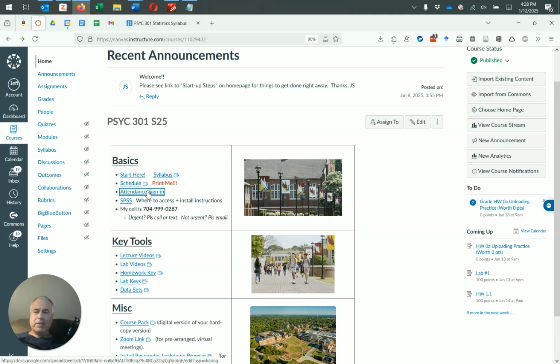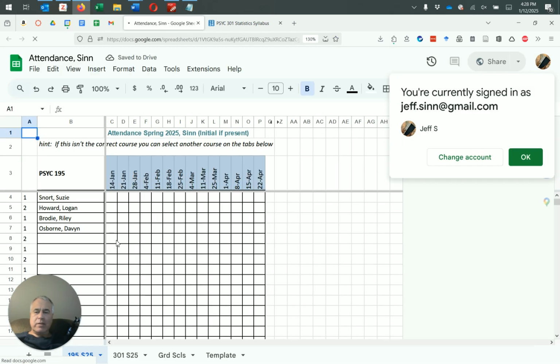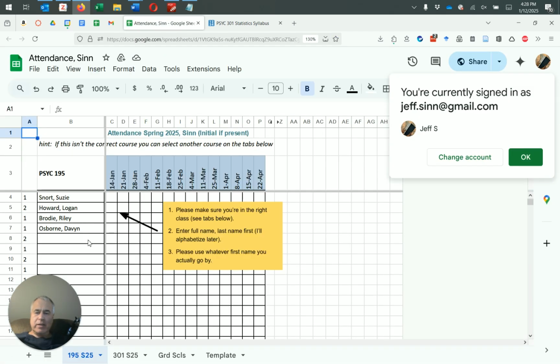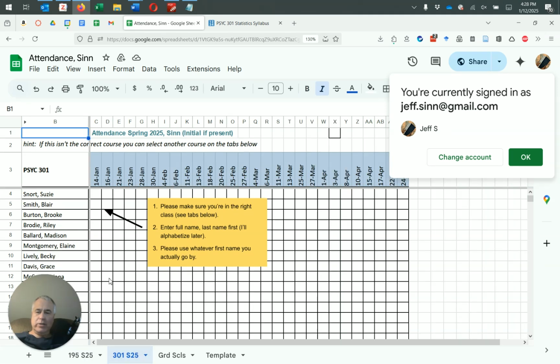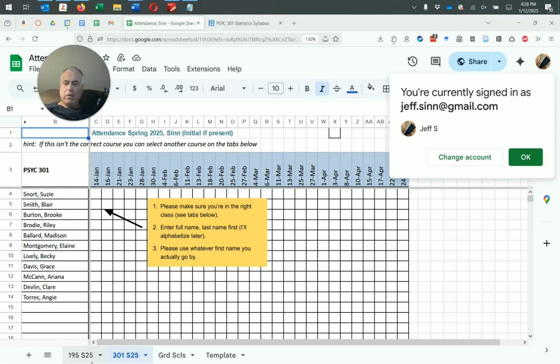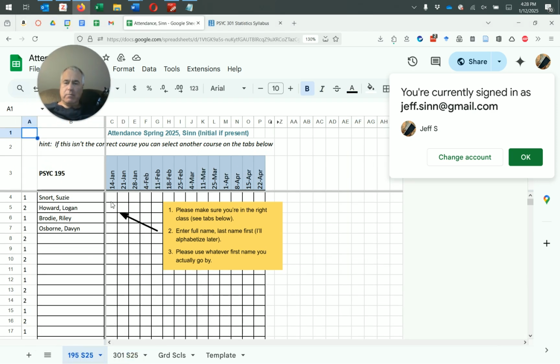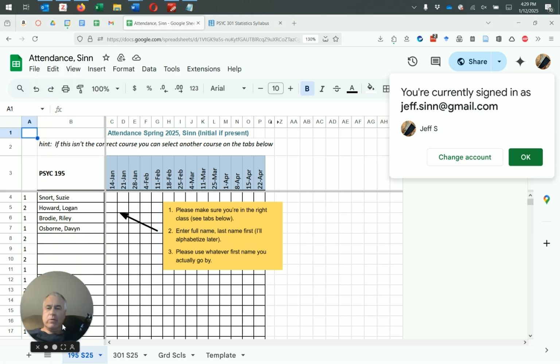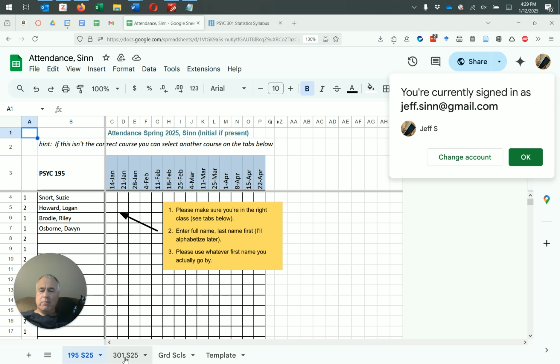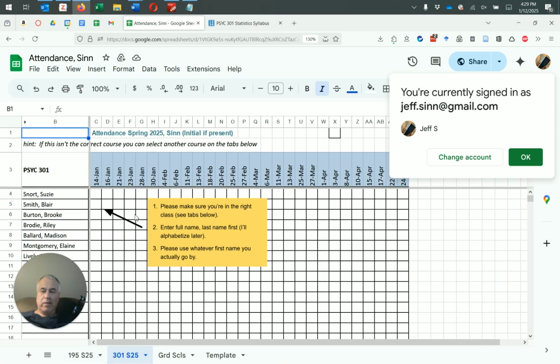All right. The attendance sign in. One of the things that you should have done, some people have already done this here for this semester, is put your name for the section you're in. Make sure that if you're in 195, you're doing it in 195. If you're in 301, you're doing it in 301. And then when you come to class, you'll sign with your initials, and we will keep track of things that way. For 301, I'm just having you sign in for the lecture. Attendance in lab is optional, so I don't have you sign in.